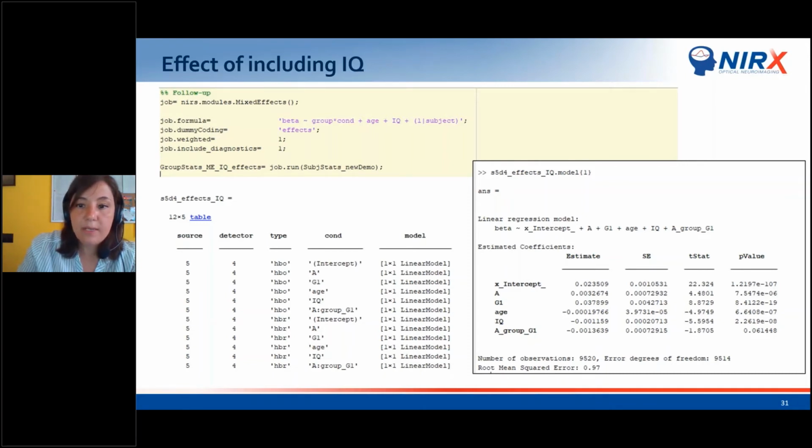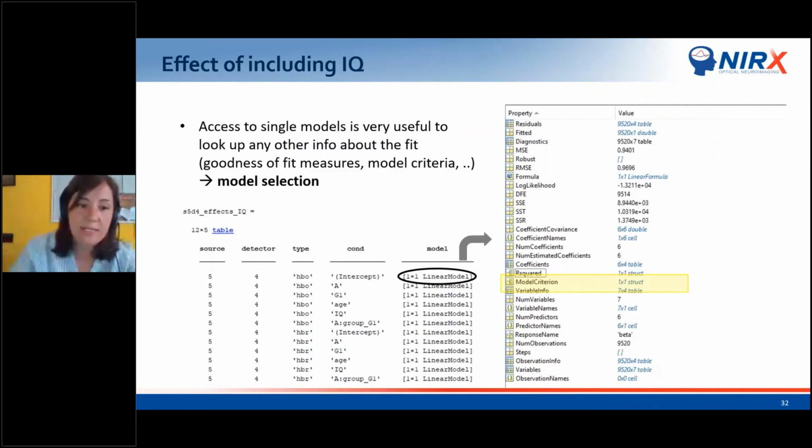Let's look here. Yes, so for example, inside the model there are many fields. As you can see, this is a screenshot from a linear model object, and so don't look only at the p-value to decide whether including a covariate or not. Actually, don't look at the p-values at all, but look at the model criterion, so the goodness of fit measures. So if we look into this field, model criterion, we find that indeed